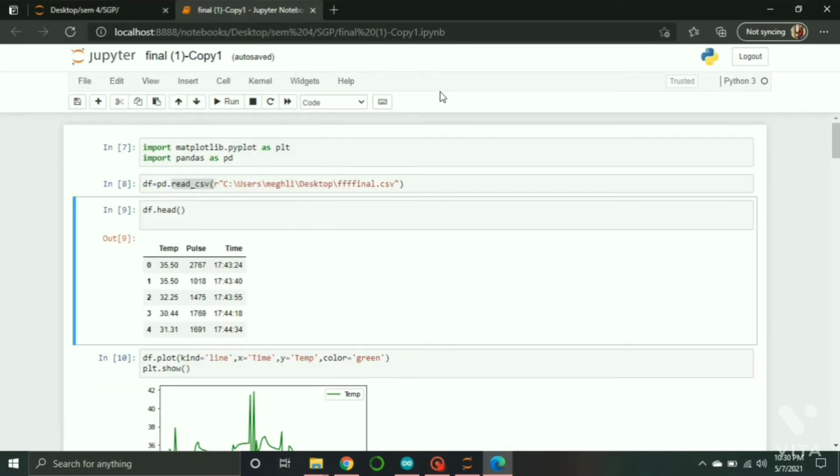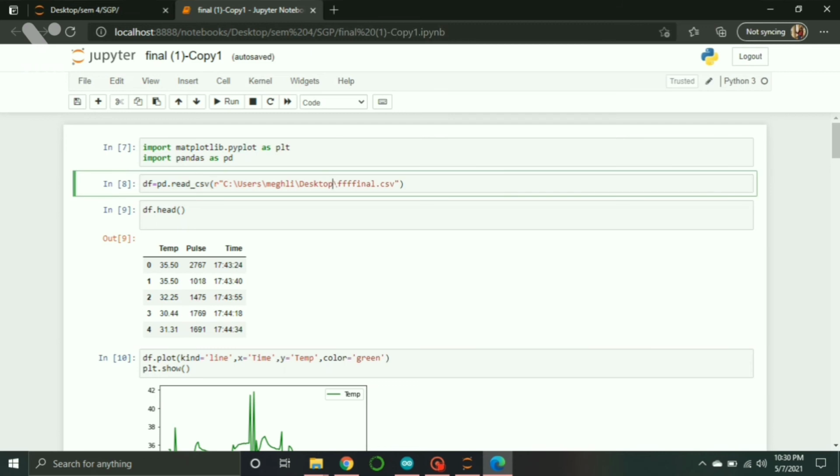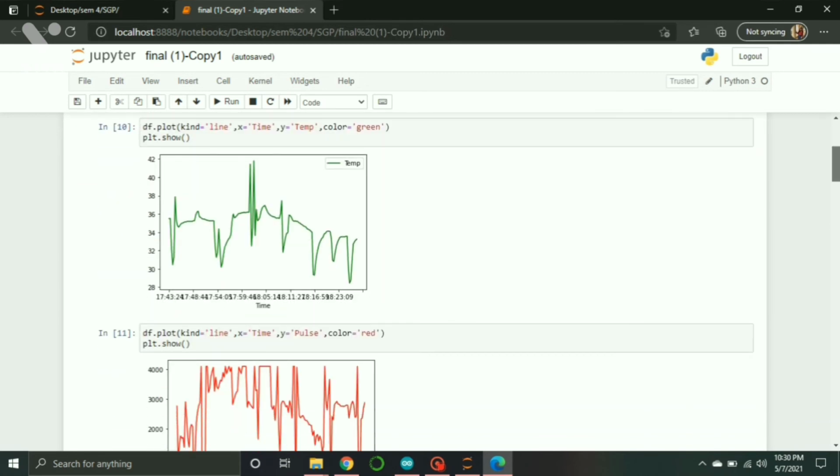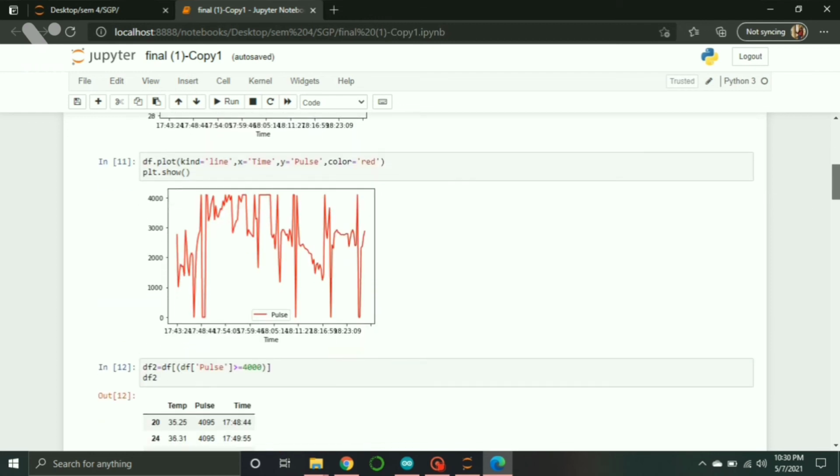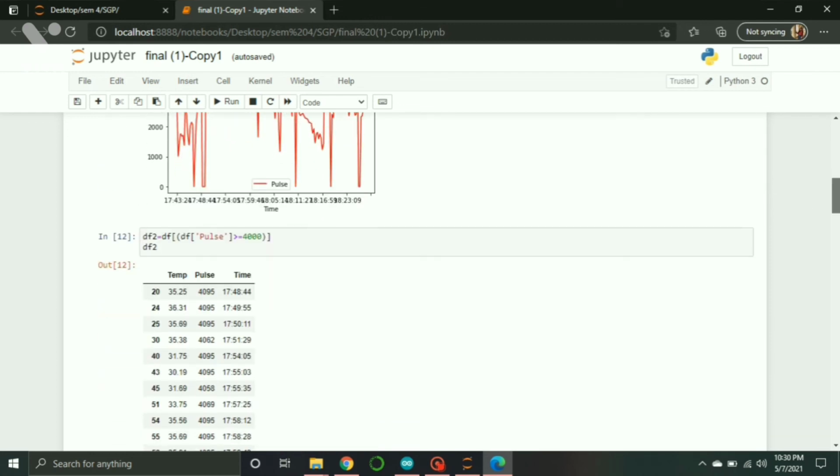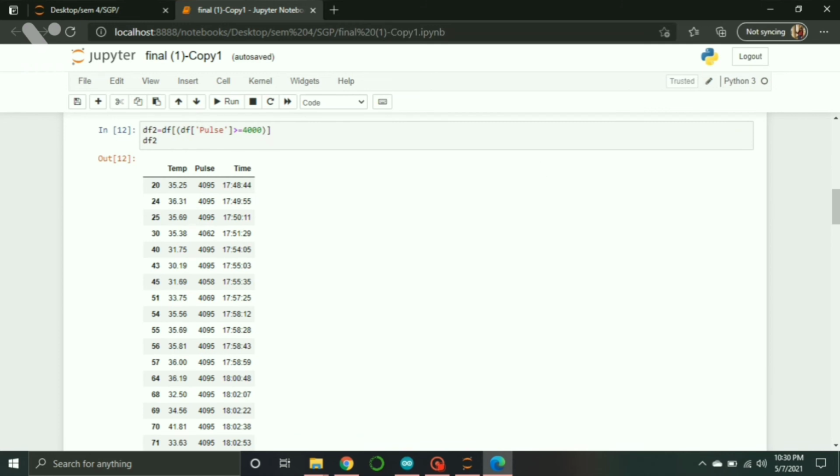So yes, this is Jupyter, in which I have done the data analytics part. Here I have imported matplotlib and pandas. Here I have read the CSV file, in which I have stored all the pulse rate and the temperature. So this is the graph for time versus temperature, and this is the graph for time versus pulse rate. Now here I have taken the pulse rates which are greater than 4000